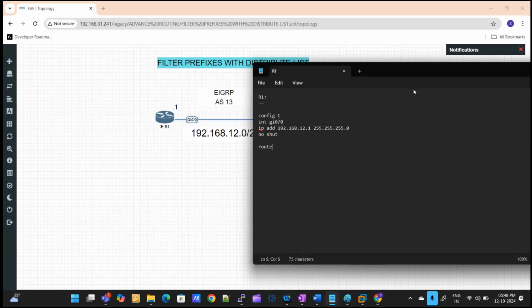And then router EIGRP 12. Take the AS number, we need to give router EIGRP AS number 12. And then no auto-summary, and enter network